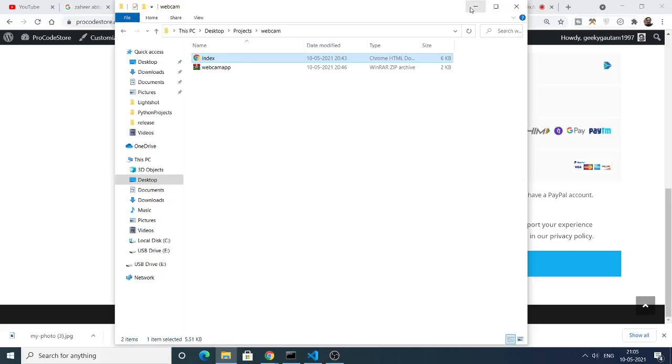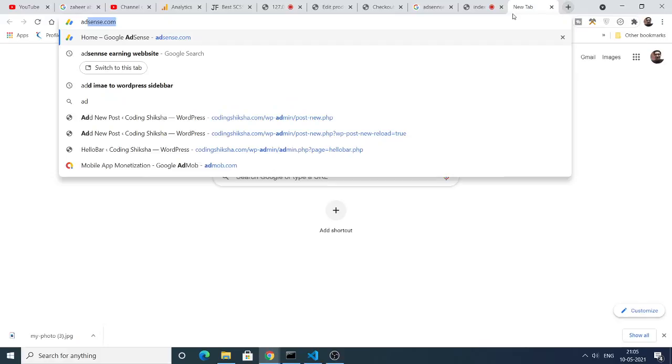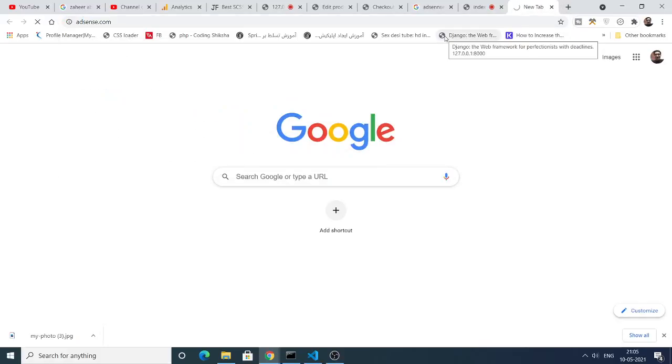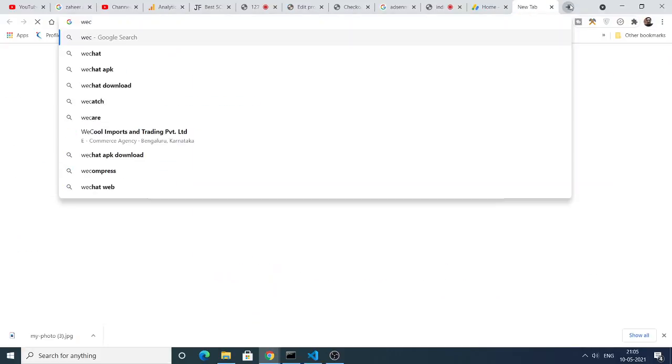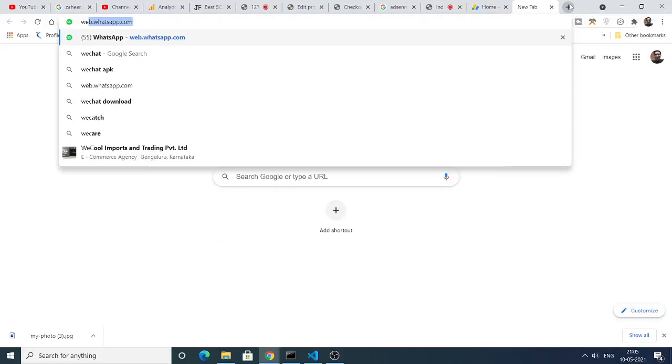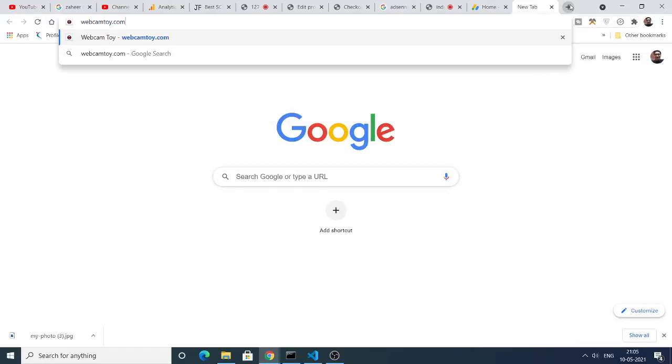This is very helpful if you're using any sort of ad network. Let's suppose you're using AdSense. This is very safe for AdSense. It is AdSense compatible. Just write some content on the website and you can monetize the web application and earn as well. Let me show you the websites which are doing it, where various websites are there. One website is this webcamtoy.com.